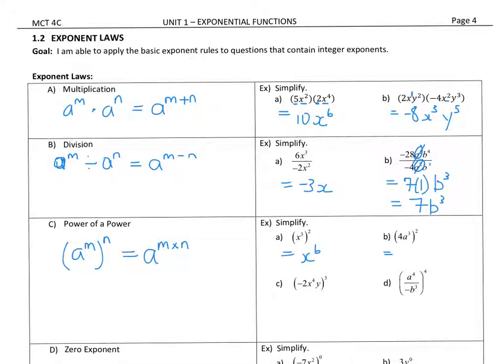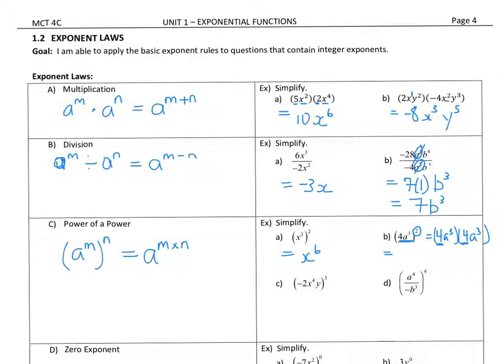Now, this gets a little trickier because everything inside the bracket, the 4, the a, and the cubed, all get the exponent of 2. So you can think of this as 4a cubed times 4a cubed. Now, I wouldn't normally write this out, but I'm just going to for my explanation here. So what I really have is the 4 times the 4, or the 4, let me grab a different color,